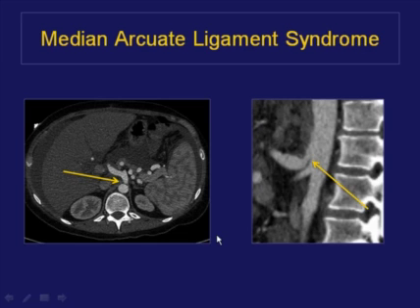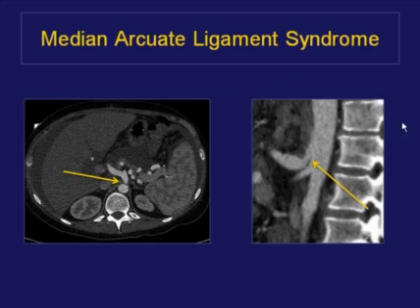This patient had a CTA and demonstrates almost a web-like phenomenon at the origin of the celiac axis in the axial image, and the reconstruction shows a kind of narrowing right here at the origin of the celiac axis and post-stenotic dilatation. This is the median arcuate ligament syndrome, a piece of the diaphragm that kind of curves under where